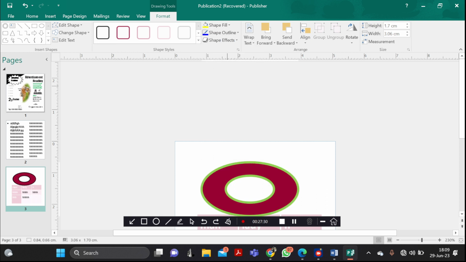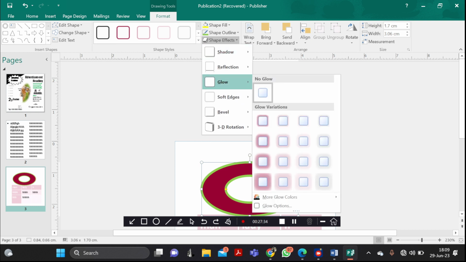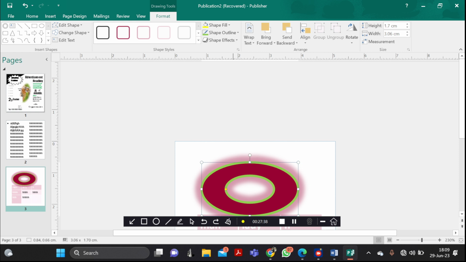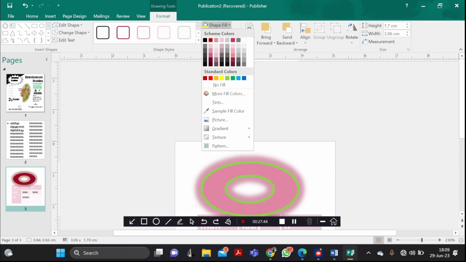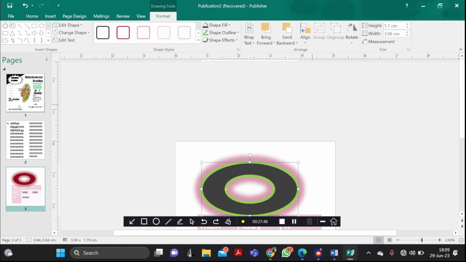We can change. We can put different effects. How do you want it to be? You want it to be glowing. So we can pick different shapes. So we have made that shape, and we can take a shape fill. So how do you want the shape fill to be? So we can pick up that, and